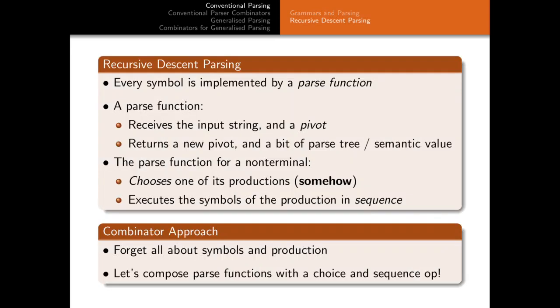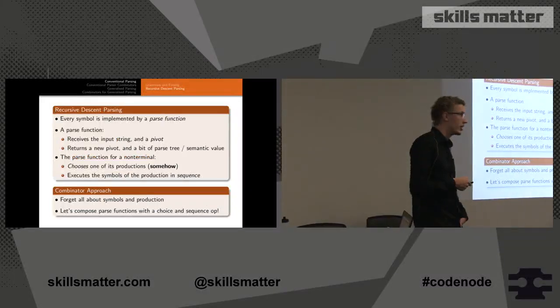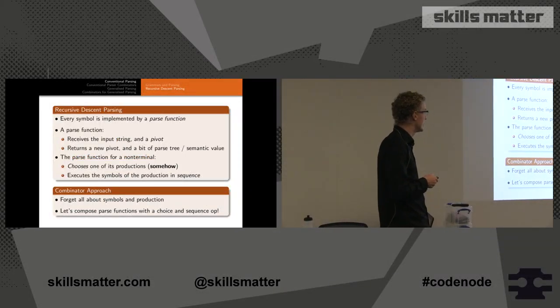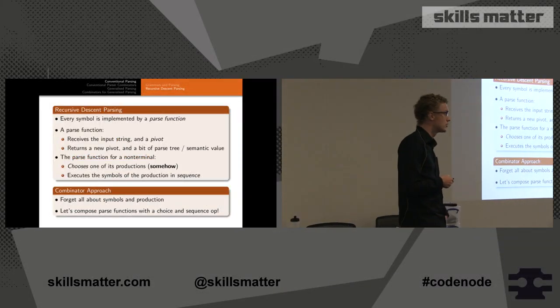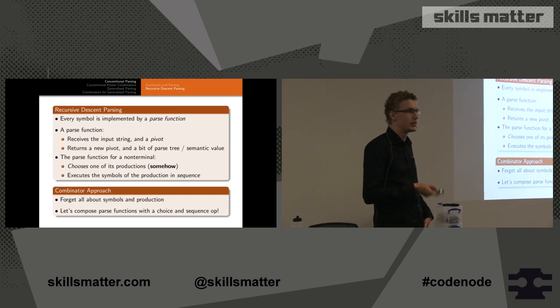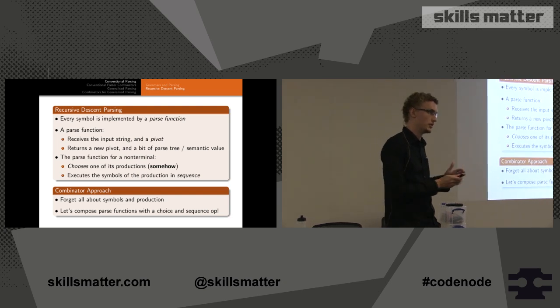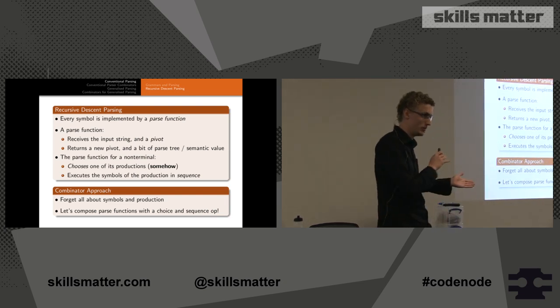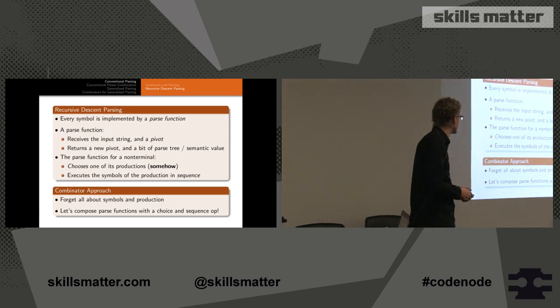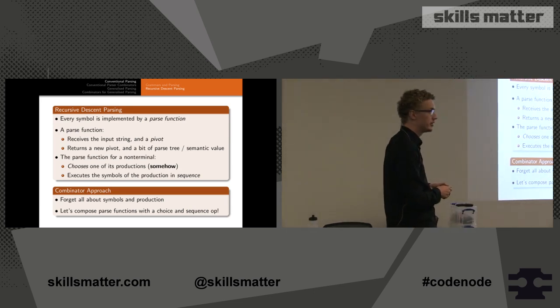So now I want to explain the basic idea of recursive descent parsing. So this is a strategy for finding such proofs. And the idea is that every symbol is implemented by a parse function, where a parse function receives an input string as an argument, and some kind of pivot. And I use the word pivot for an index into the input string, because the idea is that this index will represent how far we have matched into the input string so far. So the pivot splits the input string in two, in a part that we have matched and a part that we haven't matched yet. And the parse function returns a new pivot because possibly we have matched more terminals,